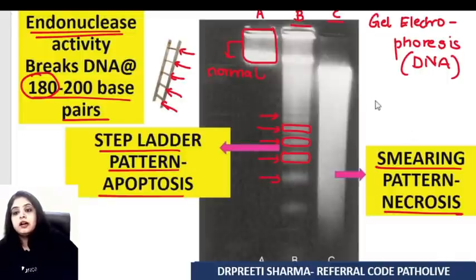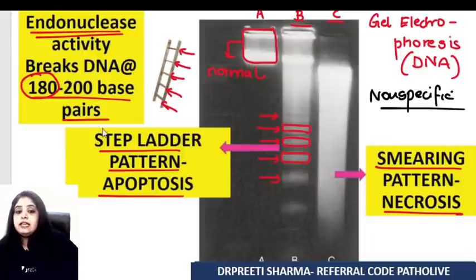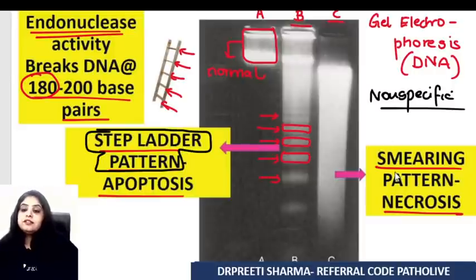However, all of these are non-specific. If you get a question, can you see step ladder pattern in necrosis as well? Yes, you can. There's a very famous question that's going around on all the social media platforms which students keep sending to me as their doubt. The question says, is step ladder seen in apoptosis, necrosis, or both? The right answer is both, because it's more commonly seen in apoptosis undoubtedly, but can it be seen in necrosis also? Yes. So if you have an option of both, please go in for both. In case you have to select the one best answer, then you go in for apoptosis.